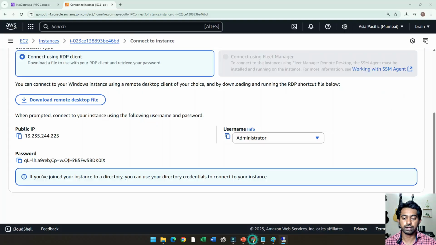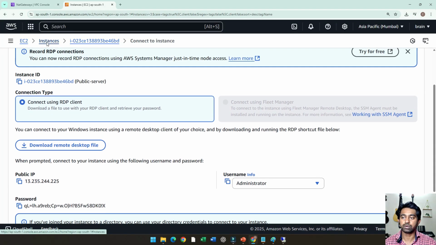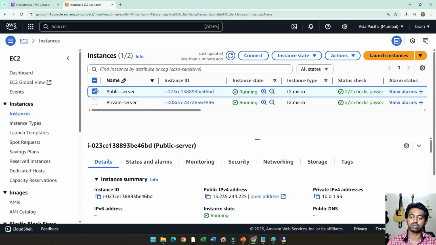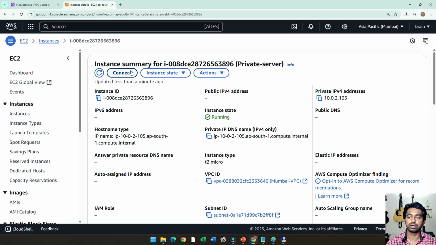So how will I get that? I get it from my console. I go to instances again on my AWS console and select the private server. I cannot connect to it directly here because if you see, I don't have the public IP address for the private server. Okay, so what do